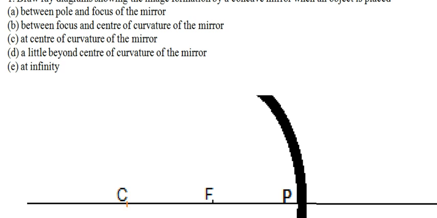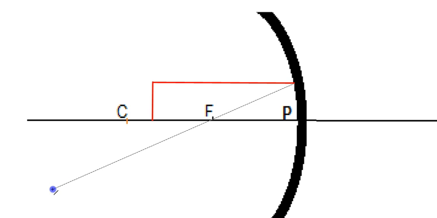Now second case is between focus and center of curvature. This is focus, and this is center of curvature here. So let's say it is somewhere here. Object is placed over here. So this object, again same parameters we will take. First ray of light is going to be parallel, and after this it's going to pass through F, simple. And second, we take another thing into account, that it is passing through F,